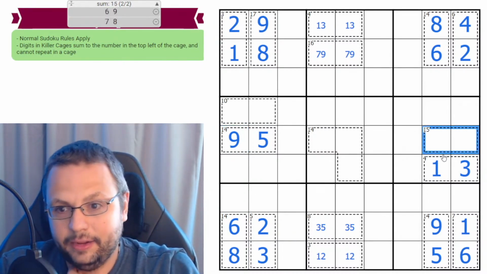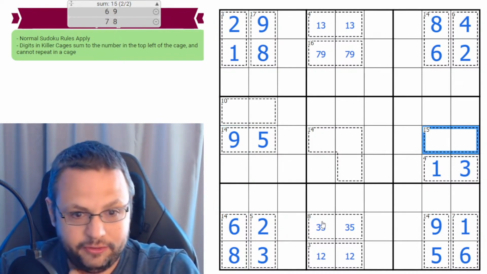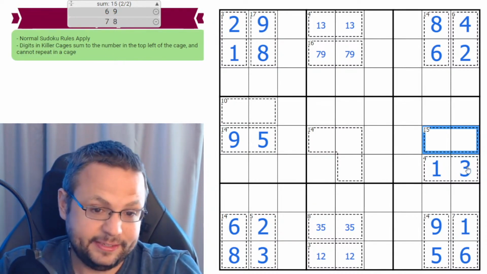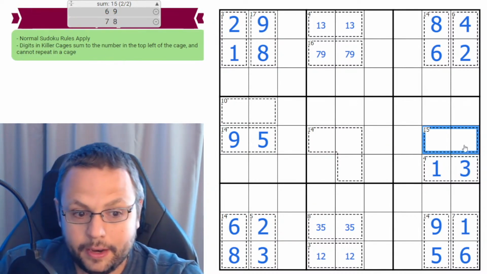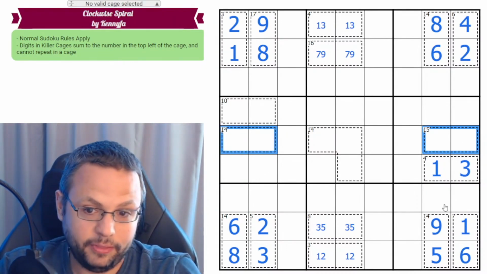That now lets a 9 look over at my 15 cage. And my 15 cage now is forced to be a 7/8 and not a 6, 9. Okay. Now, I want to actually rewind here just a second before I fill that in